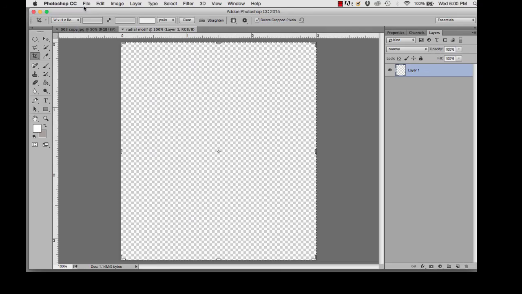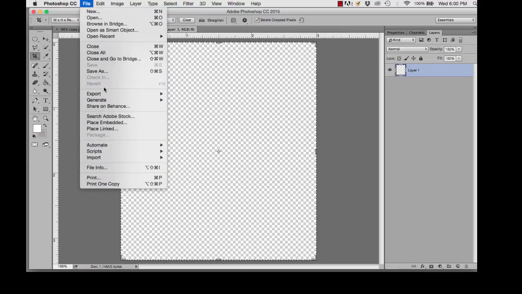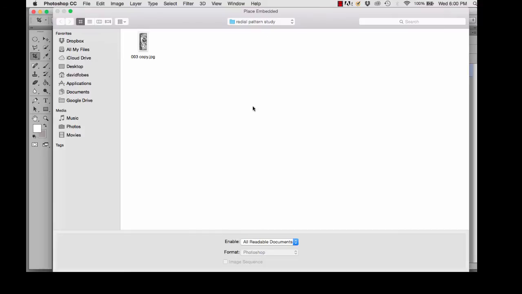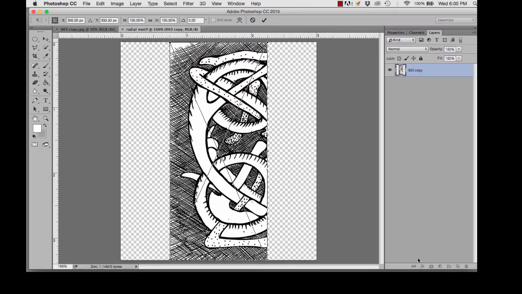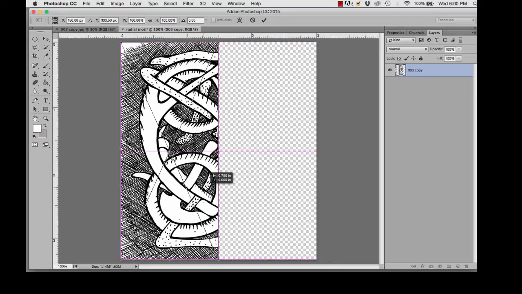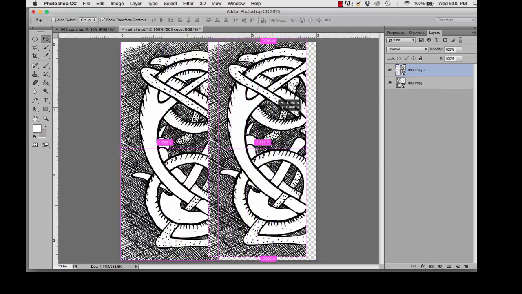Okay, so I'm now going to find that file. I'm going to go File, Place Embedded, and there it is. Place. Move it over, enter, and I'm going to make a copy. So go to the selection tool, hit the option key, which selects it,